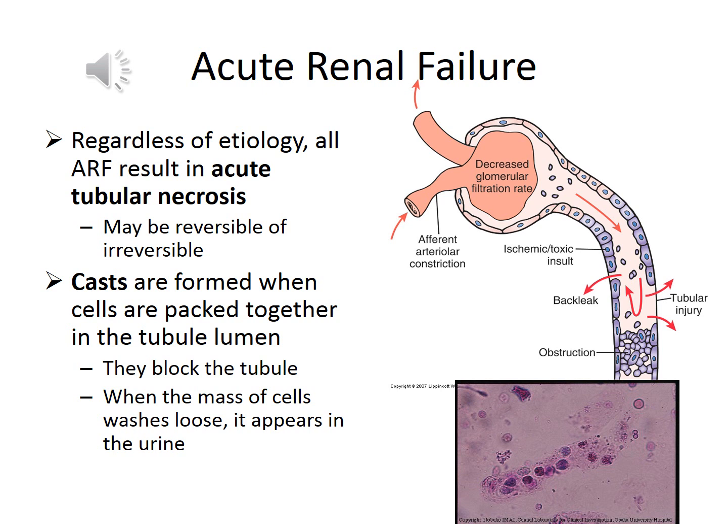So when that happens, we continue to filter in our glomerulus, and so now we get pressure built up again, which is going to cause some leakage into the interstitial fluid. It's also going to cause an increase in pressure in that, which is going to make the tubular necrosis even worse. And some of those are actually going to kind of blow loose, much like a bullet out of a barrel, right? So it's going to make its way through the nephron, and so when you do your urinalysis,